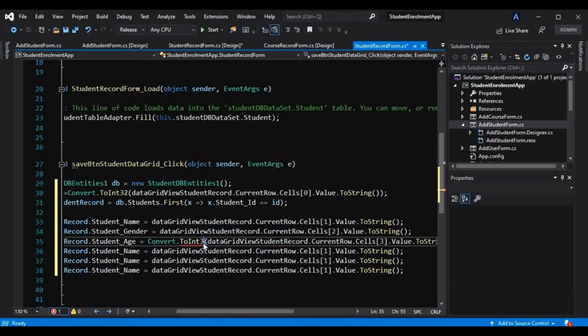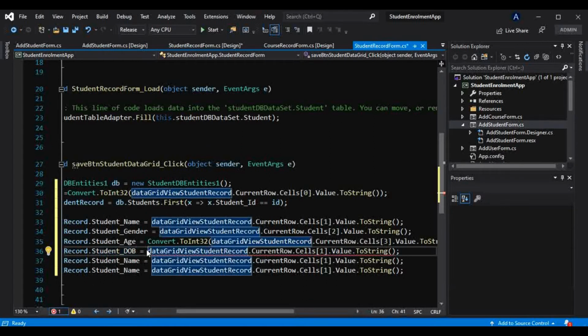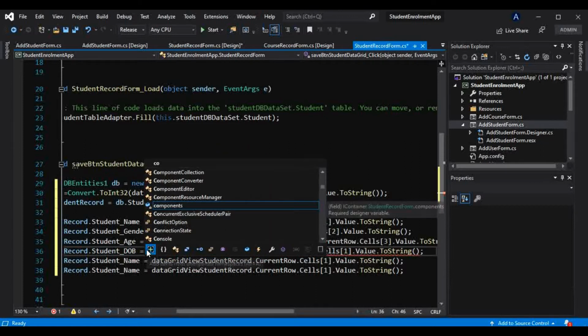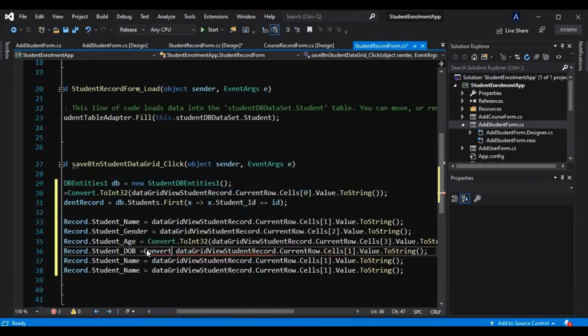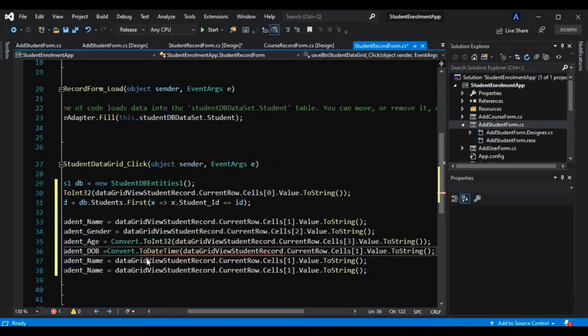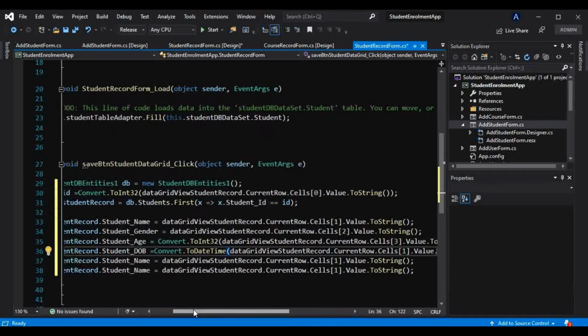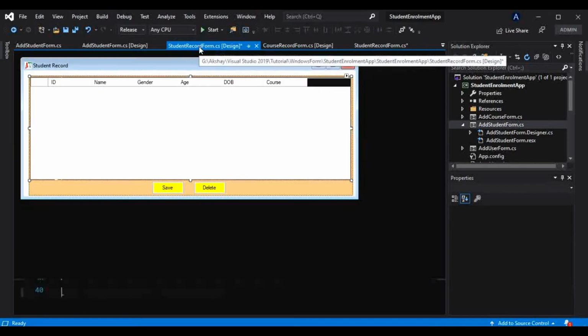so it should be Int32, and we know after that there is this DOB, so student DOB, and we know that is nothing but a date time, so we have to convert that to date time. Okay, so Convert dot ToDateTime, there should be this method in that Convert class, and now it is all right. And after that let's just check that again.